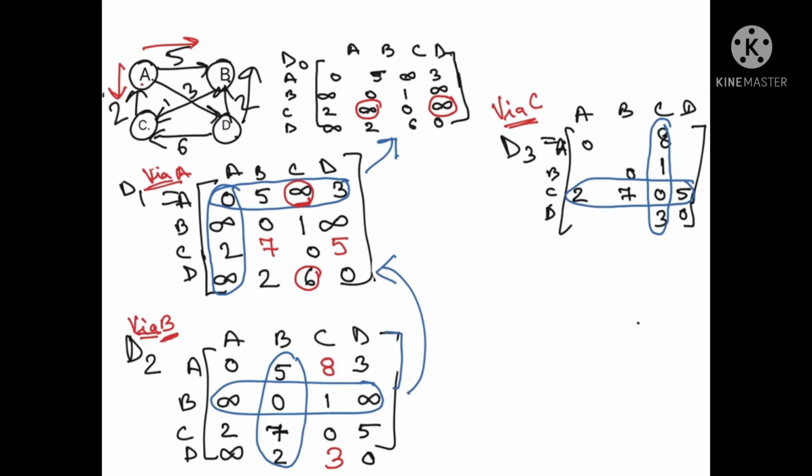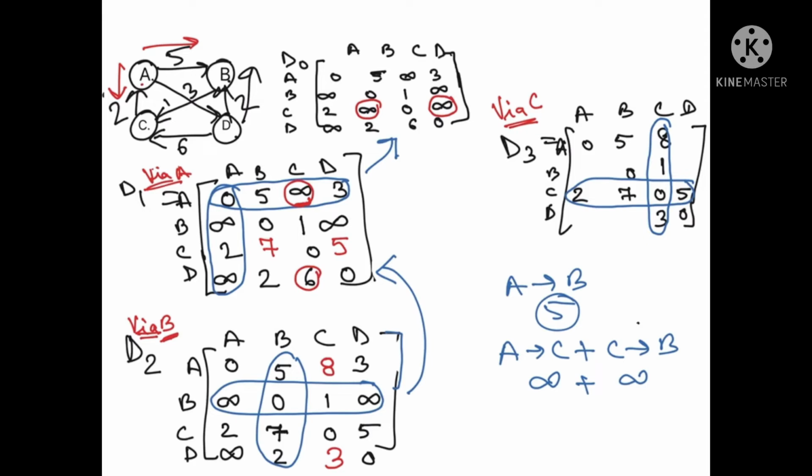Okay, now same thing, we will start like A to B. If I have to go A to B, it is directly 5 units. But if I have to go via C, so A to C plus C to B. So A to C is what? Infinity, plus C to B. C से B क्या है? Infinity. So obviously this will remain 5 only. So this will be 5.